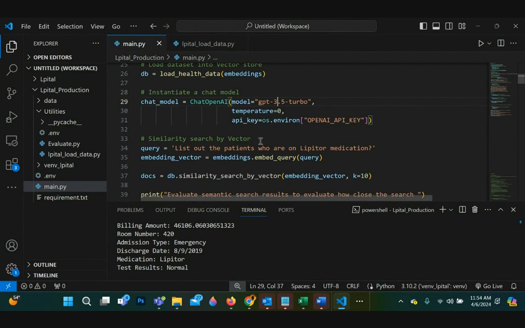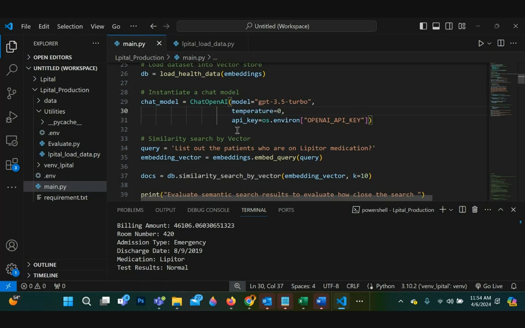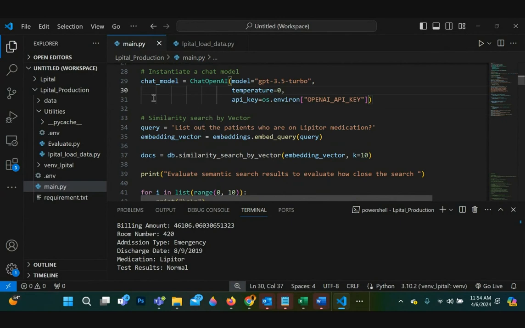And in this specific example, the temperature doesn't mean anything. So it's set at 0, and then I pass in my OpenAI API key. So this instantiates the model.